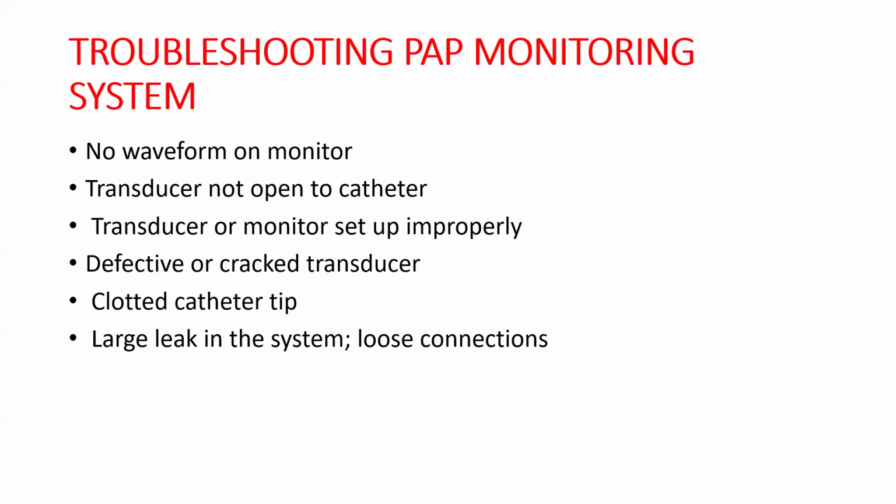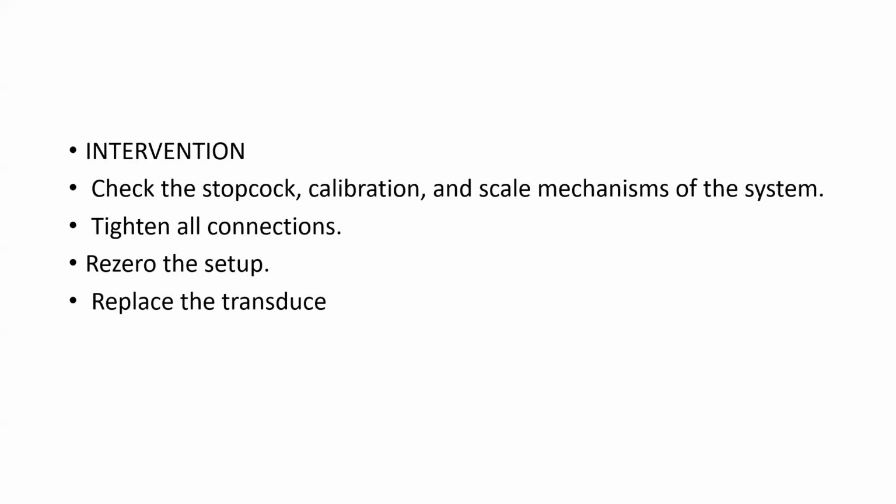Now we'll see how to troubleshoot during PA monitoring. If there is no waveform on the monitor, then the chances are the transducer is not open to the catheter, the transducer or monitor is set up improperly, there is a defective or cracked transducer, the catheter tip might be clotted, or there is a large leak in the system. Then the intervention: check the stopcock, calibration, and scale mechanism of the system, tighten all the connections, re-zero the setup,